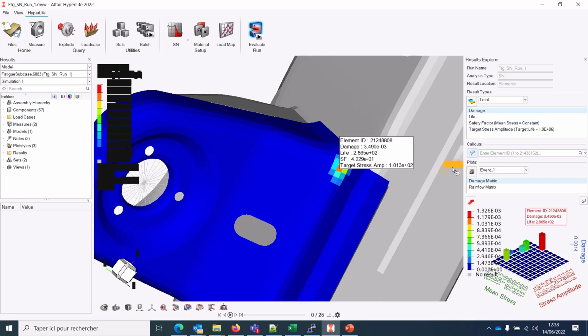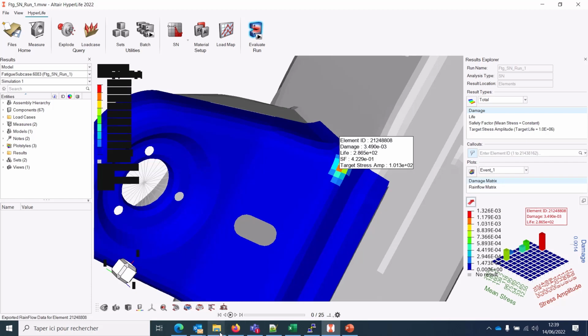And here, of course, we have all these options available for the number of cycles versus here the rain flow. I have mean stress versus stress amplitude versus number of cycles for this element. And I have the same for the damage matrix. And this one can be exported